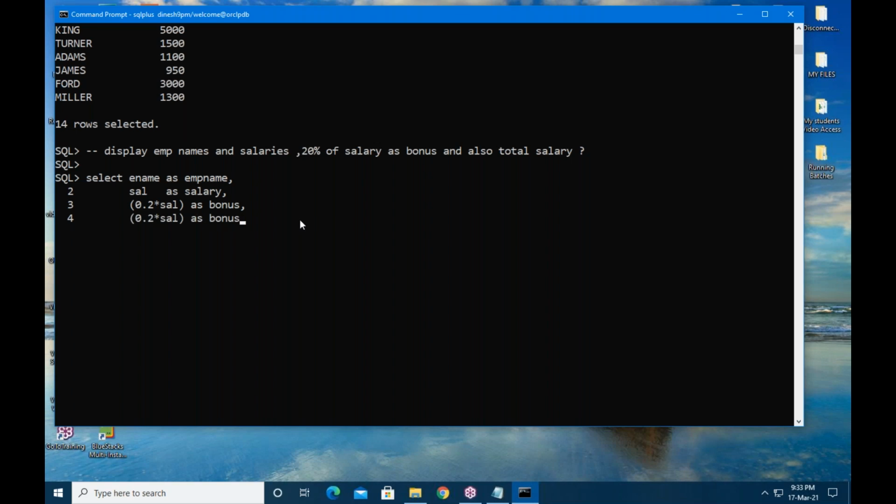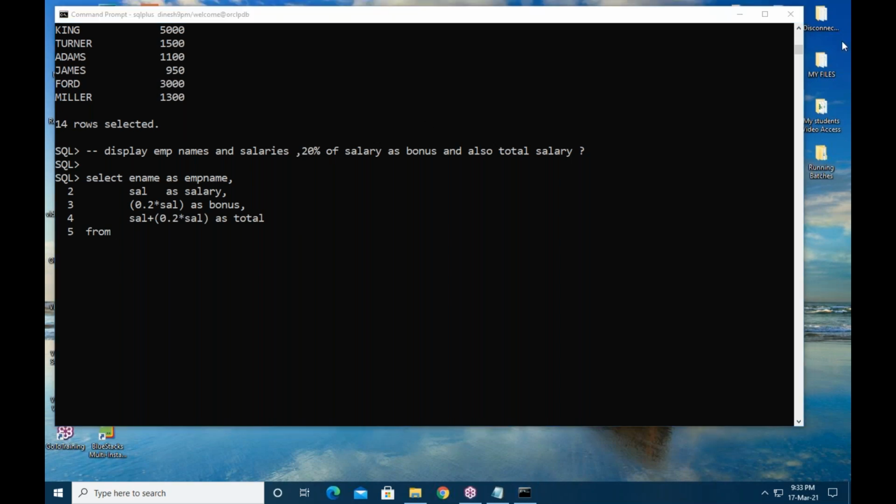Sorry, again, let me type: by mistake, salary plus 0.2 into salary as total from, what is the table name? Can I use dual here? Srikanth, can I use dual here?